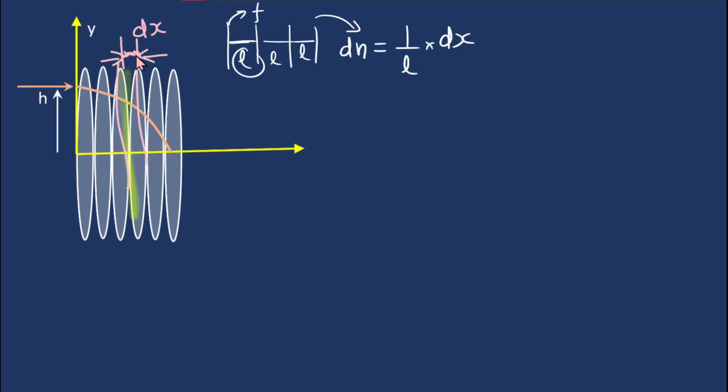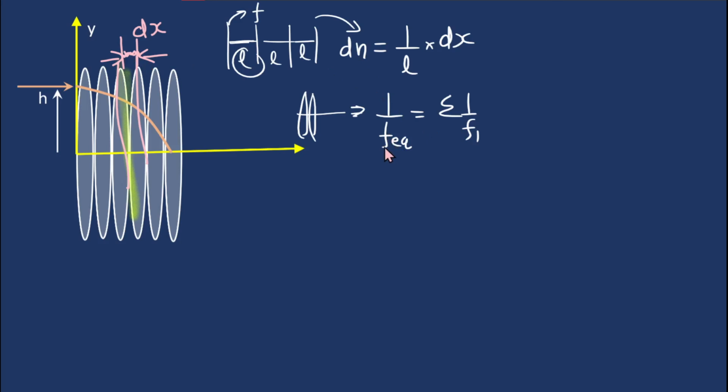Within that distance dx, we can say that all the lenses are just closely stacked together, so we can use the result of closely stacked thin lenses. Let's say we have n number of thin lenses, and their focal lengths are f1, f2, and so on, and they are very closely stacked. So we can just use this result: the equivalent focal length, 1 by f equivalent, is going to be equal to sigma of 1 by fi. Here in this case, all the lenses have the same focal length, that is equal to f, and the number of lenses within this distance dx is going to be equal to dn, right?